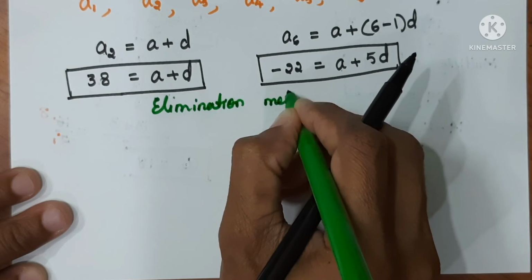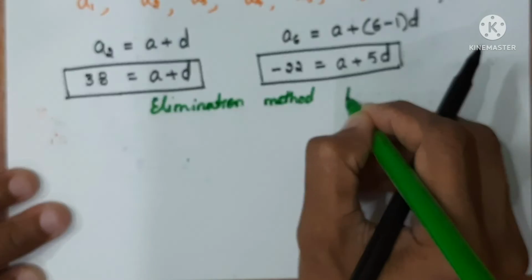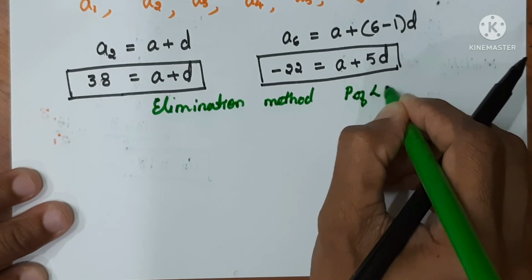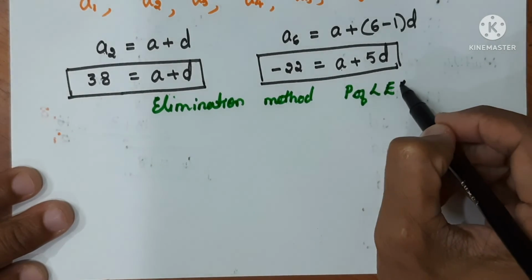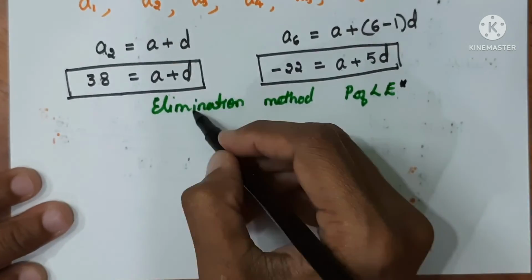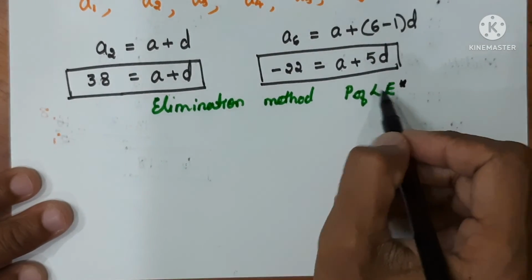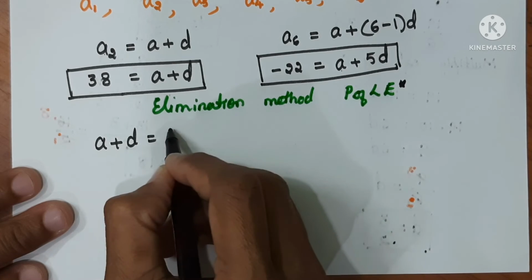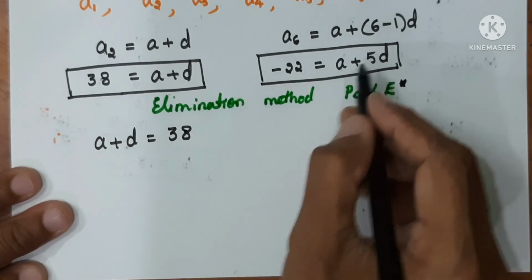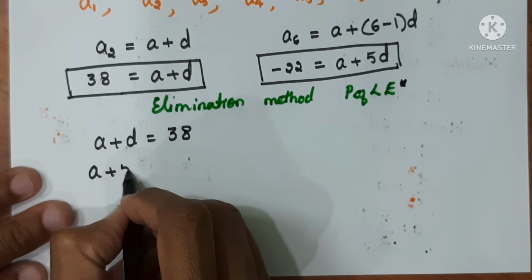Elimination method for pair of linear equations. This is the third chapter. In the third chapter you are learning this elimination method, pair of linear equations. First let us take the first equation, a plus d equal to 38, and the second one a plus 5d